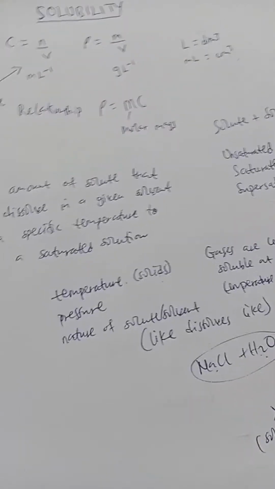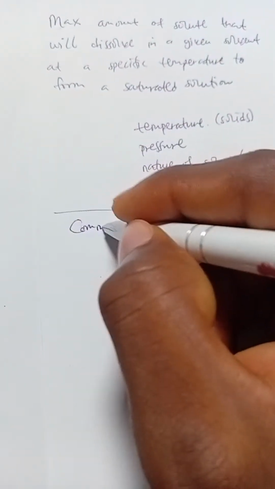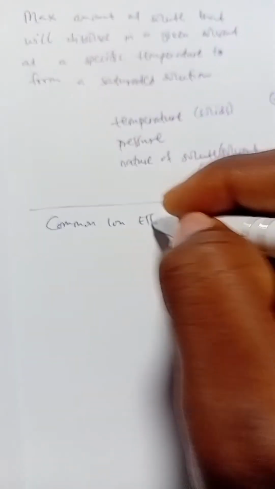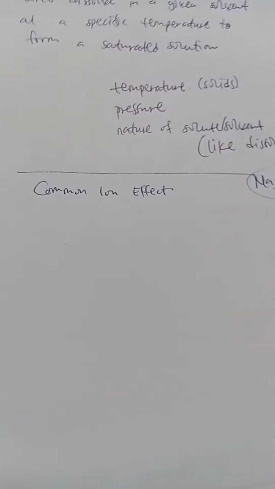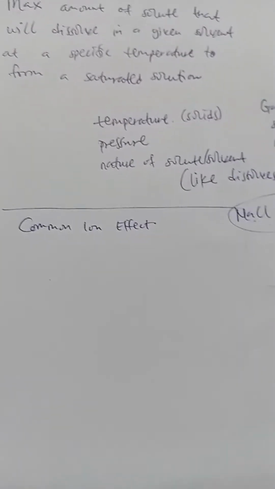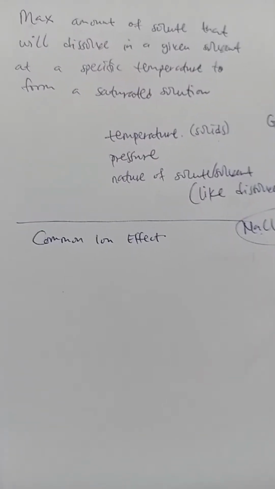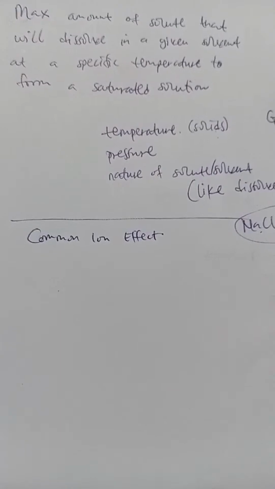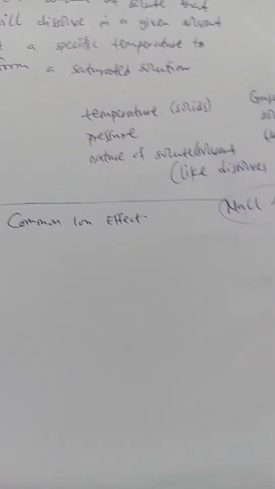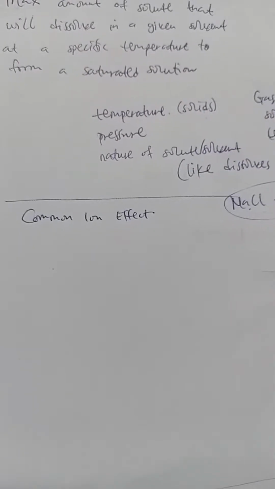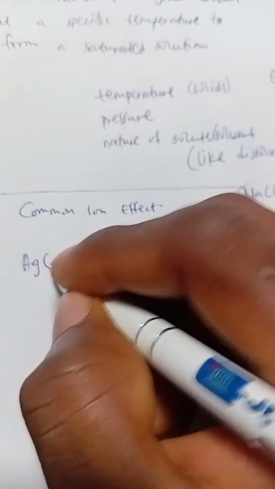So there's something called common ion effect, and it basically uses Le Chatelier's principle, which says that if a system is under equilibrium and then a stress is introduced, the equilibrium position will shift in a direction which will nullify the stress. So let's say we have silver chloride,